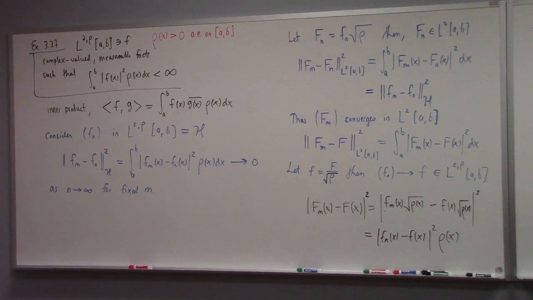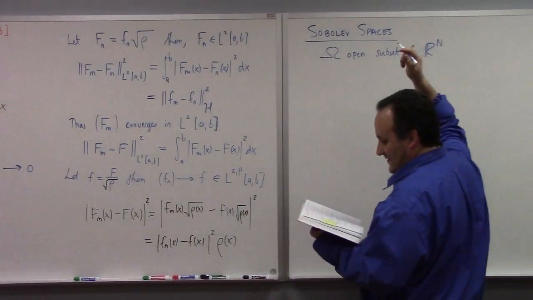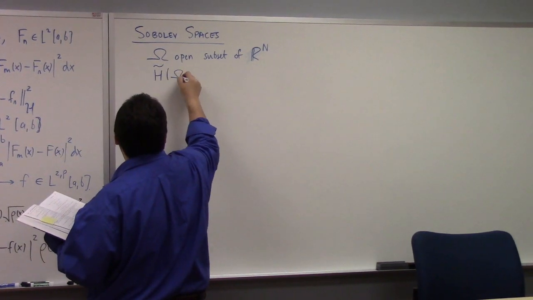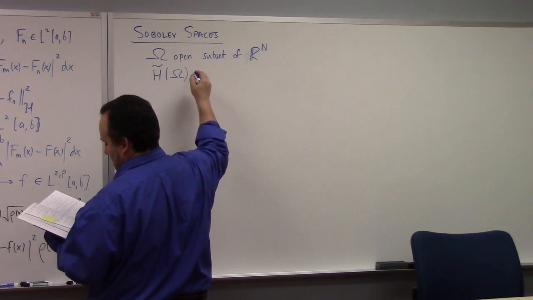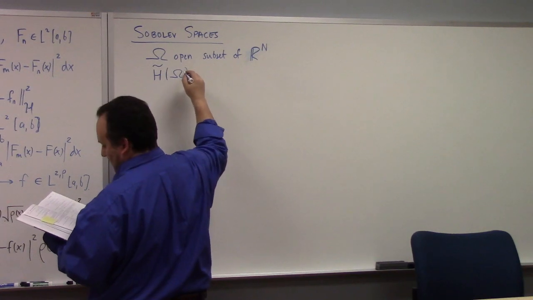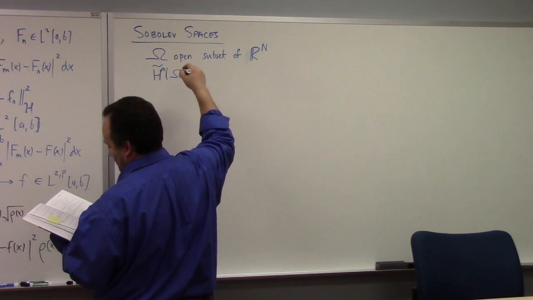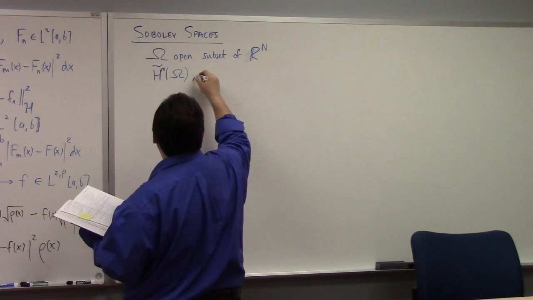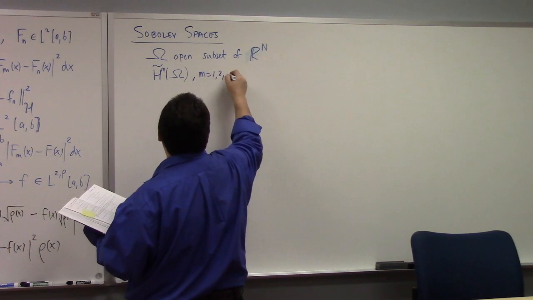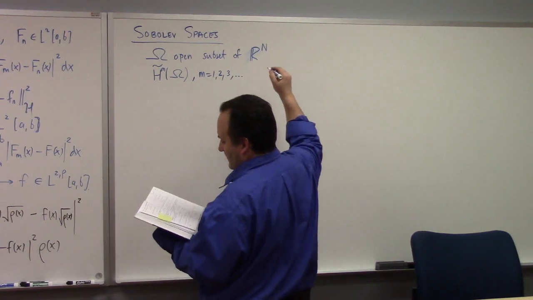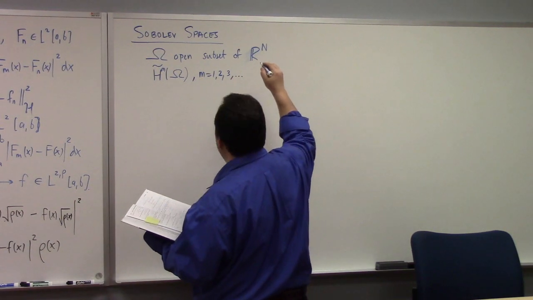And he says, watch this, let H^m tilde of omega, for m equal to 1, 2, 3, and so forth, be the space of all complex valued functions